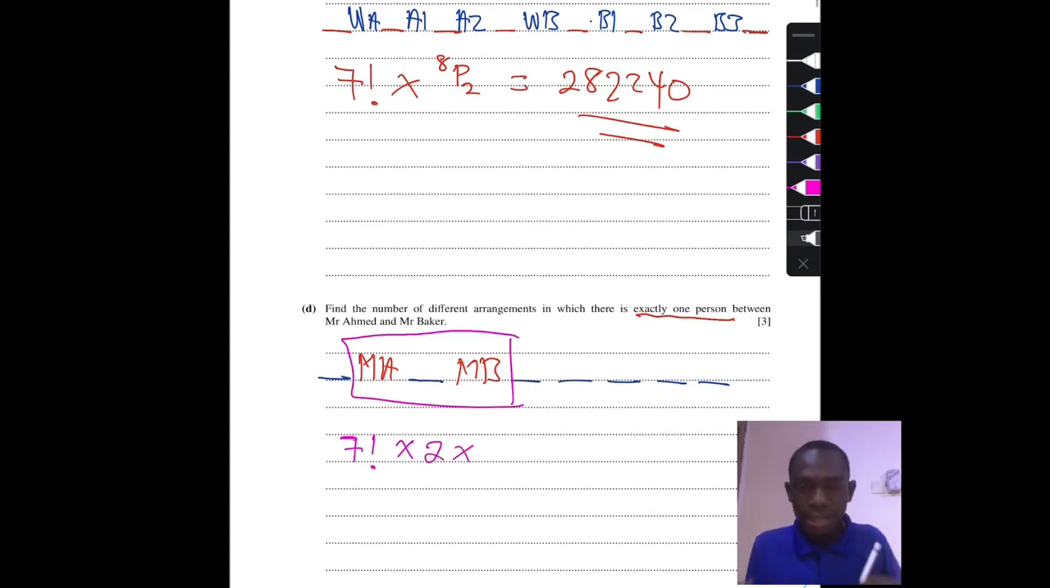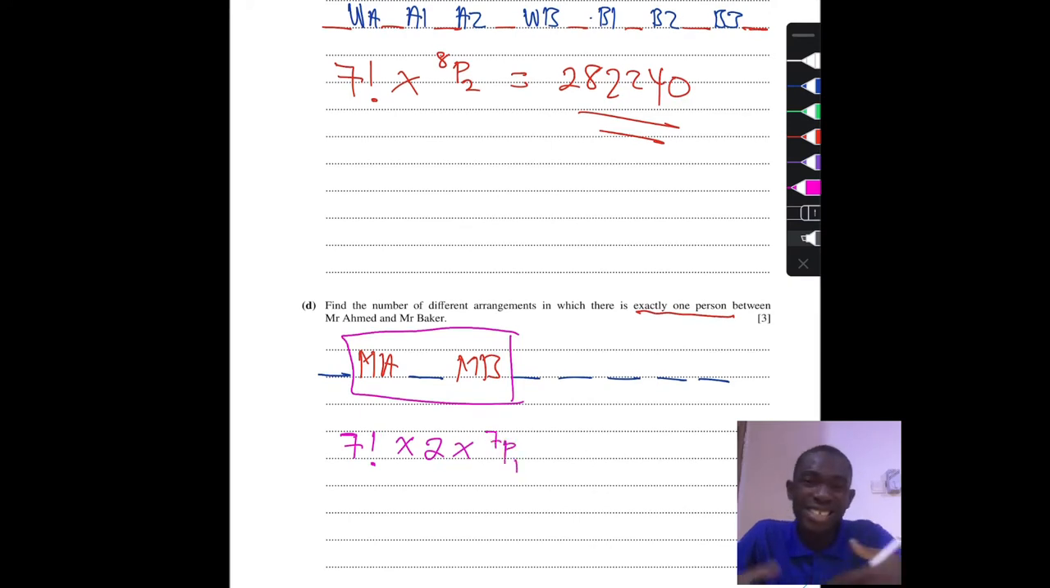So times 2 times. Now, if you put Mr. Ahmed here and Mr. Baker here, we are left with 7 people. Any of those 7 people can be in their middle. All right, so from the 7 people, you are going to arrange just 1 person in their middle. So that's 7 permutation 1. Or you can just say that there are 7 people who can fill that slot. So just times 7, because 7 permutation 1 is 7. Actually, we are done with the question, but